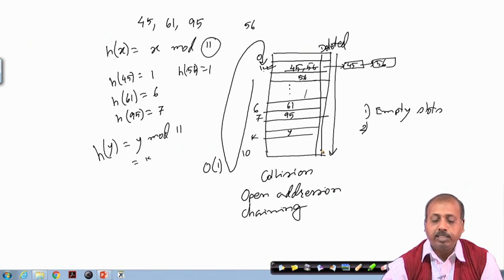That is why this hash table based symbol table organization is very popular, and it is used in many compiler designs, when there is a large number of symbols and the symbol table is very large. Instead of searching through the table in linear or binary search fashion, it is better that we organize them as a hash table, and in constant time we can access the individual entries from the table.